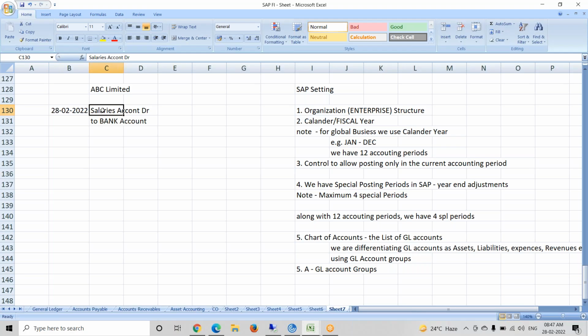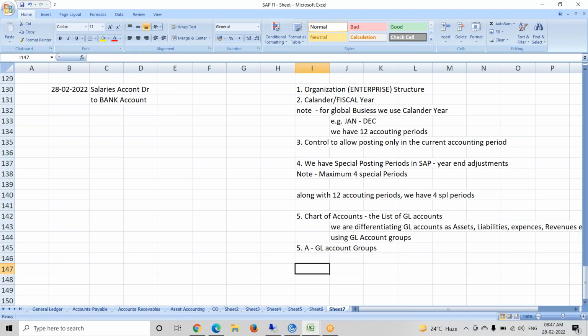So we have to create a document type to differentiate the business transactions. For example, you can write GL posting,